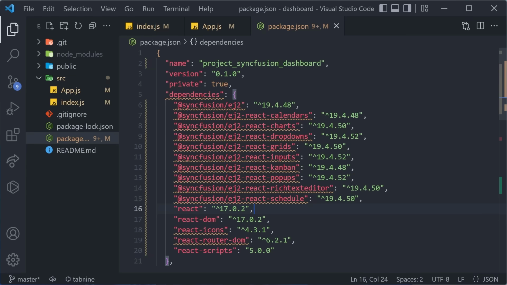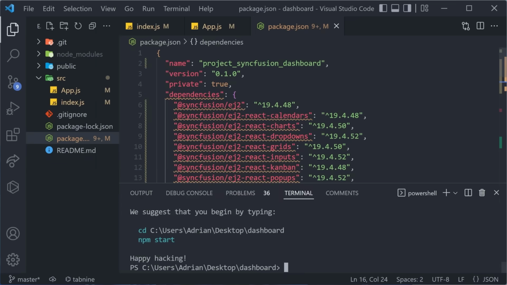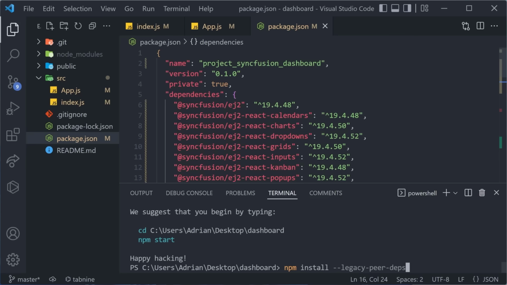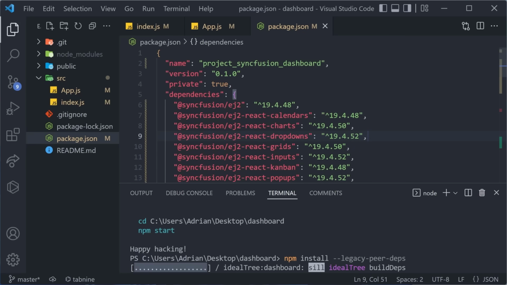So the only thing you have to do to install these dependencies is go to View and then Terminal. And finally, you need to type npm install --legacy-peer-deps. This is going to make sure to install only the right dependencies. And finally, we can press enter. This process is going to take about a minute, so while that is running, let's go ahead and set up